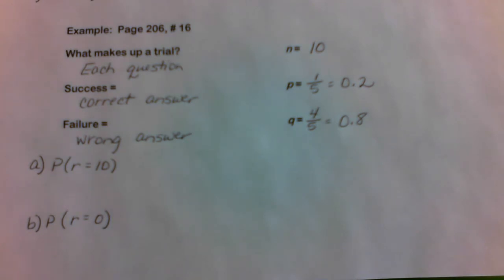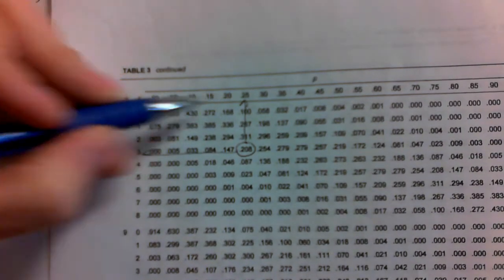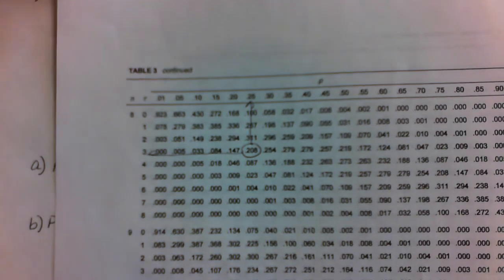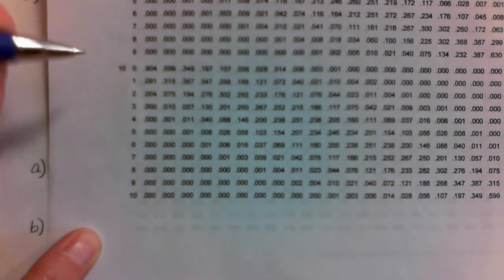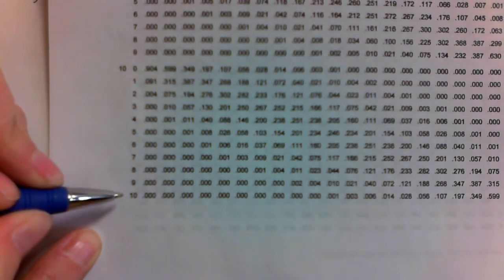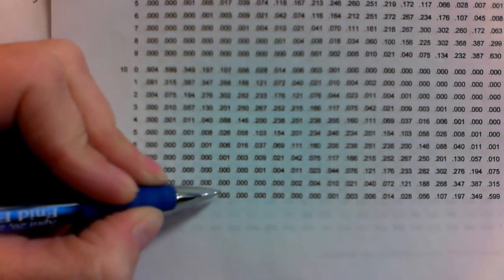So then part A says, what is the probability that he will answer all questions correctly? Well, all questions correctly would mean all 10 of them are correct. So N is 10, R is 10, and we want P of 0.2. Let's see, 0.2 is the 1, 2, 3, 4, 5th column over. Okay, so here's 10 questions, 10 of them correct. 1, 2, 3, 4, the 5th column,